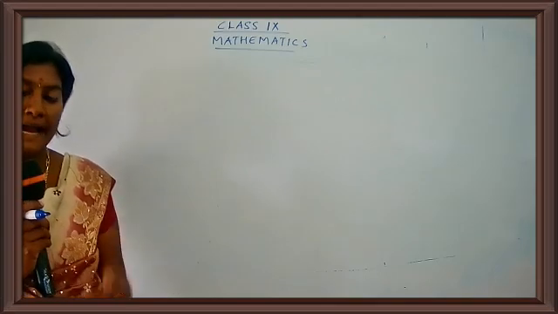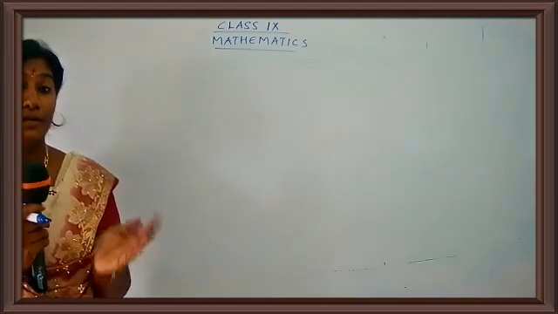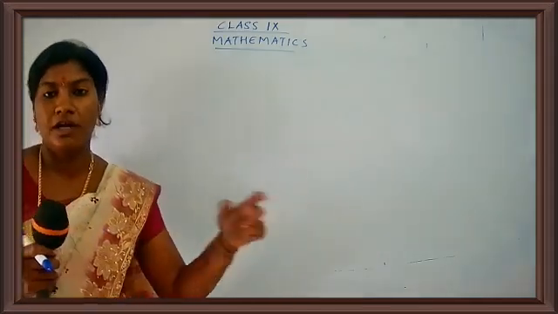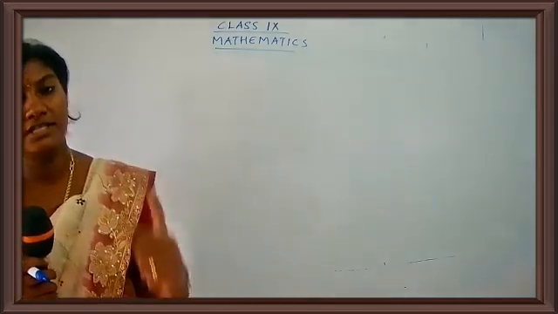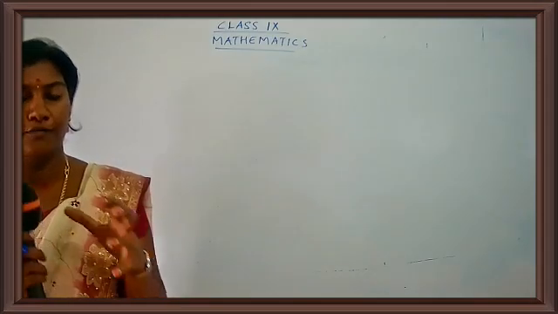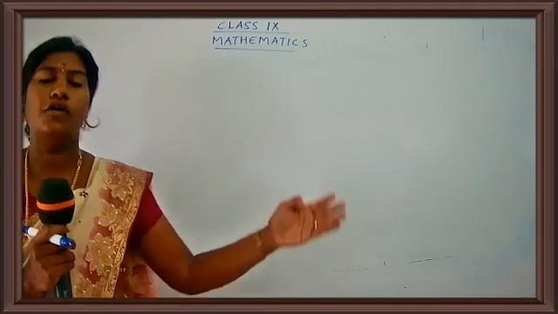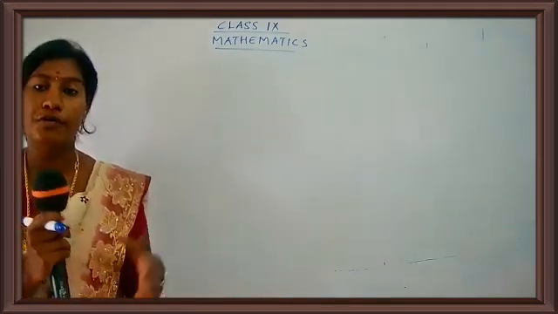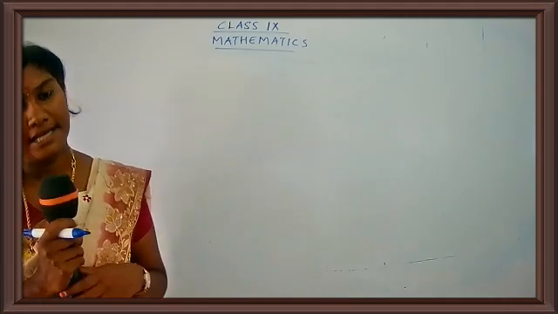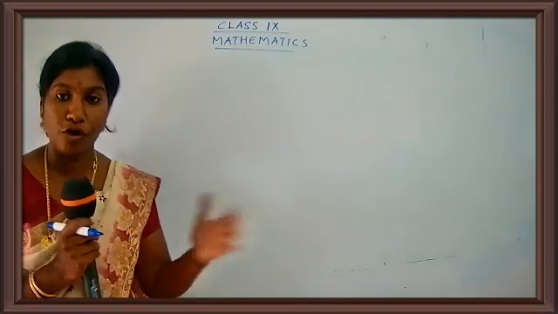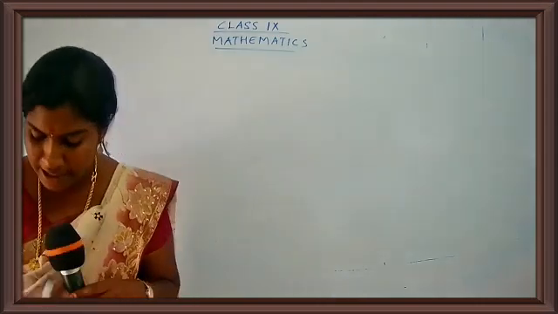Whenever you add or subtract polynomials, the first thing is to arrange the given polynomial in a standard form. And already you have studied what the standard form is. Yes, children, what is the standard form? If the polynomial is written in the increasing order of power or decreasing order of power, you say that it is in the standard form. Getting my point, children?